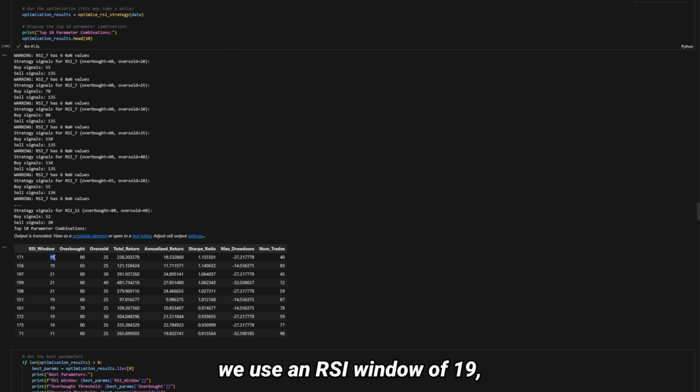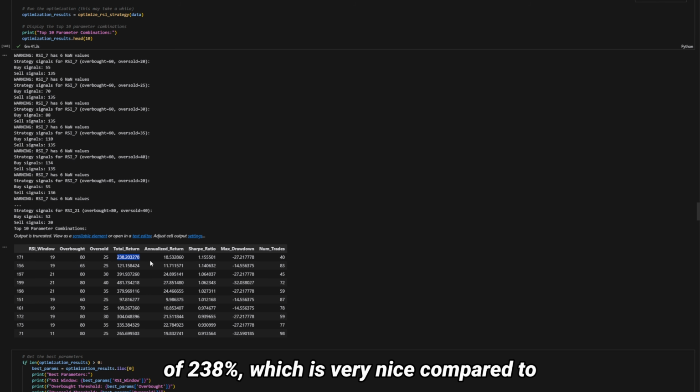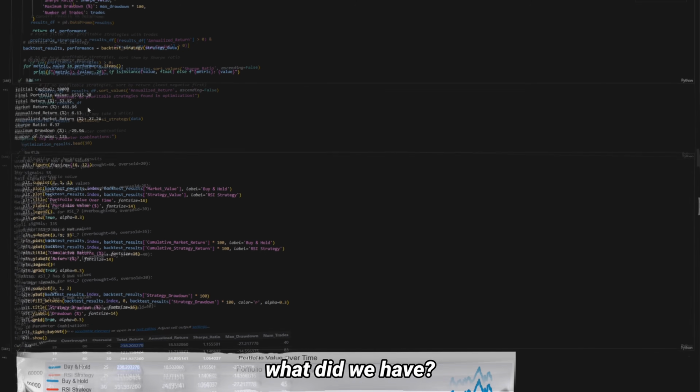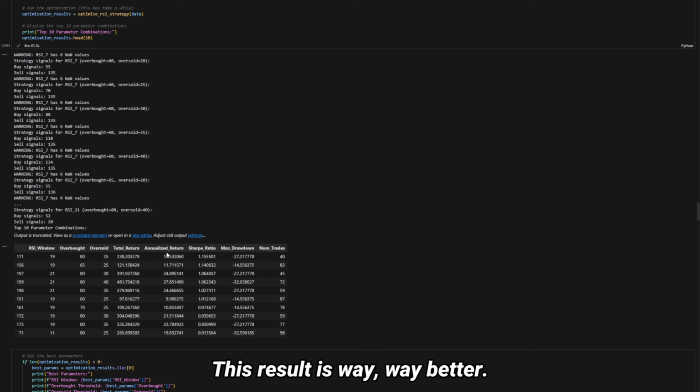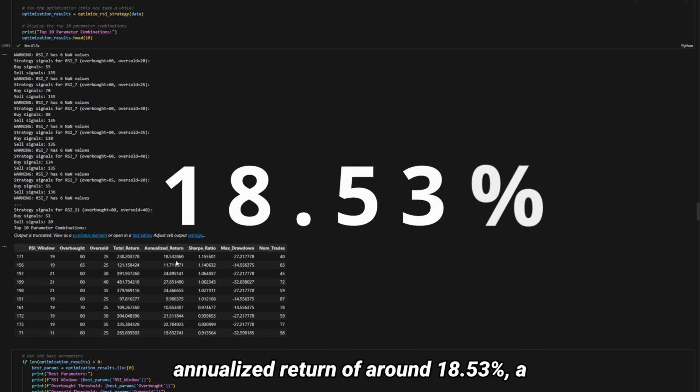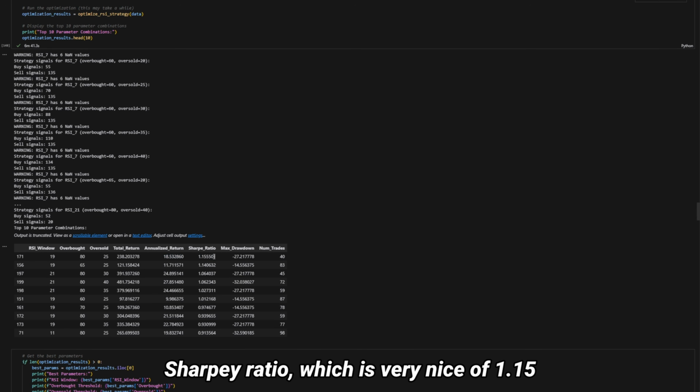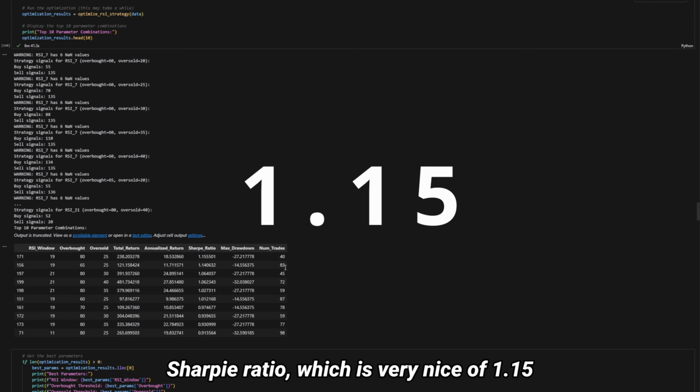So if we use an RSI window of 19, an overbought level of 80, an oversold level of 25, we will get a total return of 238%, which is very nice compared to what did we have? We used to have a return of around 53%. So this result is way, way better. Almost 5 times better, so that's super good. We have an annualized return of around 18.53%, a Sharpe ratio, which is very nice, of 1.15, and a max drawdown of minus 27%,